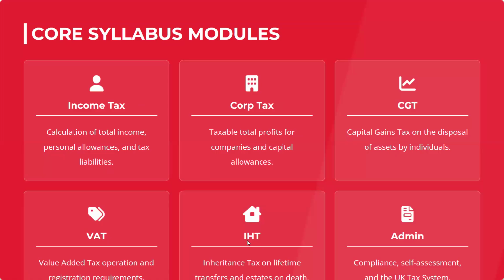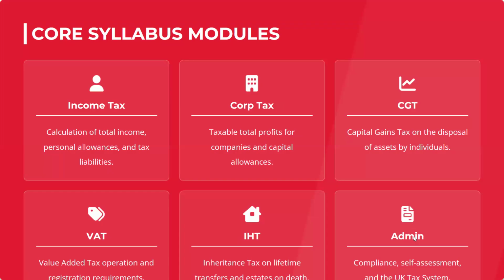Then we have inheritance tax. So if there are individuals who have inherited wealth, estates, you will have to know about the value of the estate, transfers, that donor-donee relationship, and then you will have to pay the inheritance tax if you are inheriting something from your ancestors. How this is going to be accounted for, we will study in that topic when we explore it in greater detail.